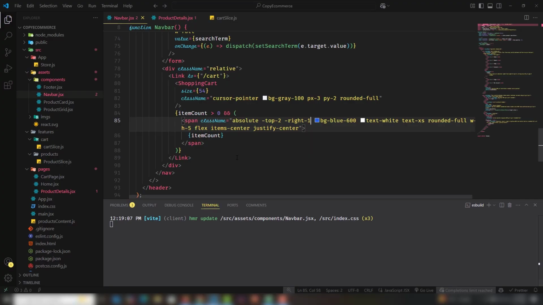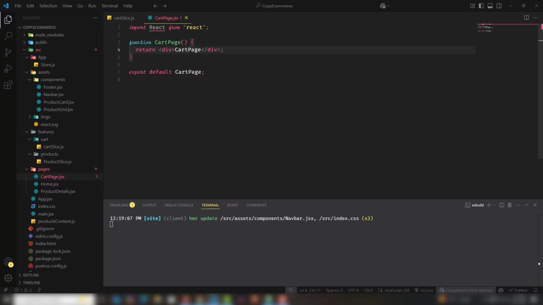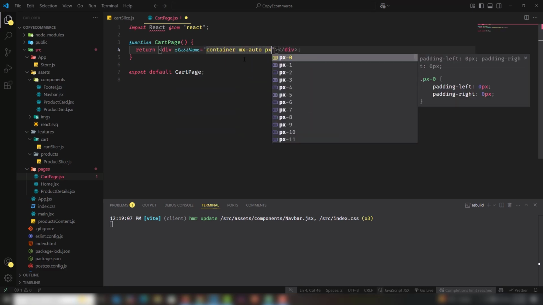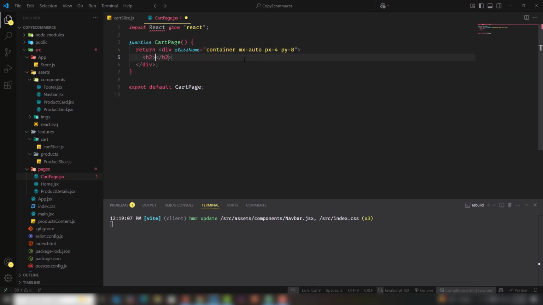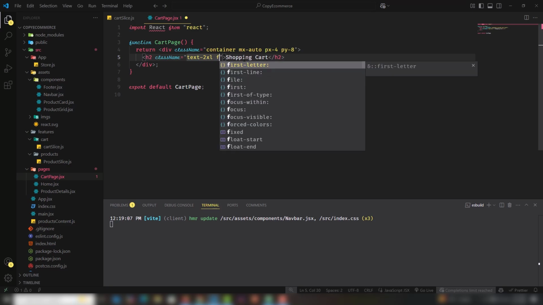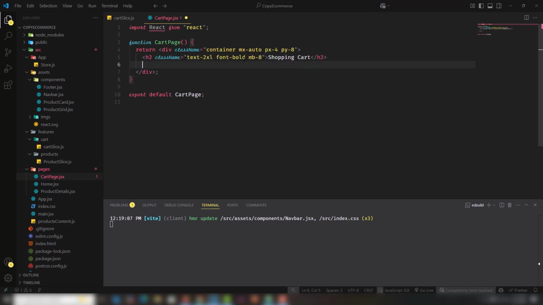So guys, we're going to design the cart page, so I'm going to remove this file as well, and just open the cart page like this. So we're going to design that, and then we're going to work on the logic. This time I'll just design it. So class container mx-auto px-4, and I'm going to use an h2. Assign the classes text-xl, font bold, margin bottom, and then